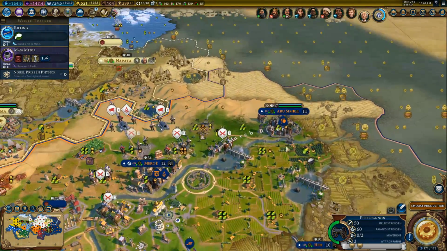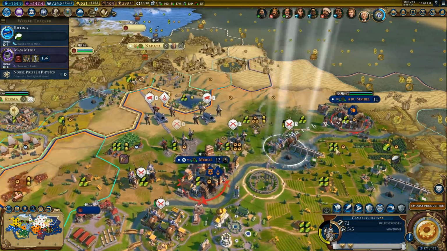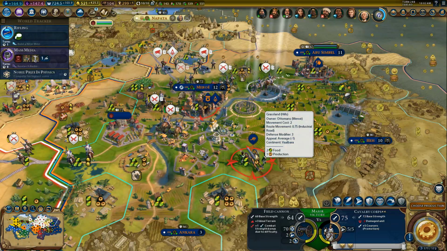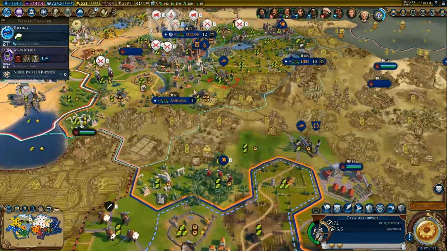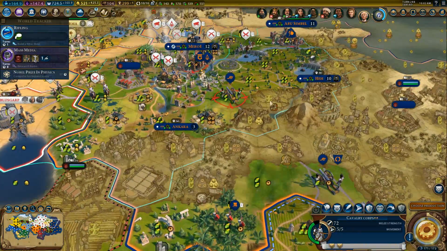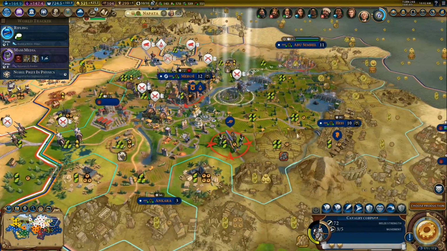Now, when I look, Abu Simbel has become an issue because it can bombard. So, we have to get our units out of Abu Simbel. But field cannons are extremely weak to cavalry. And I'm on the other side of the river now. So, I could meet their units before they get here and squash them. Because it's not like Ankara or Hay have walls that they can bombard me. So, like, if I go, like, right there...